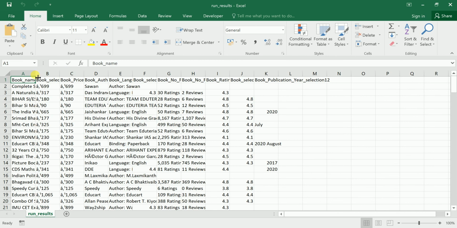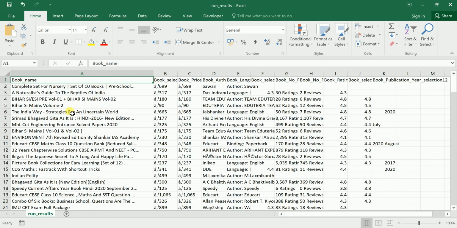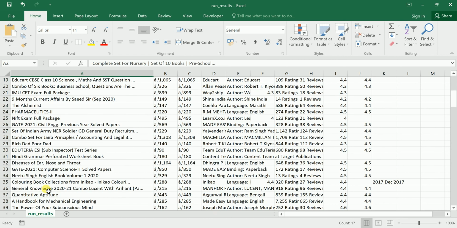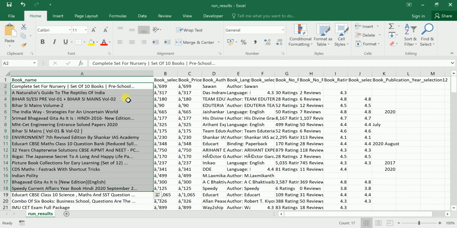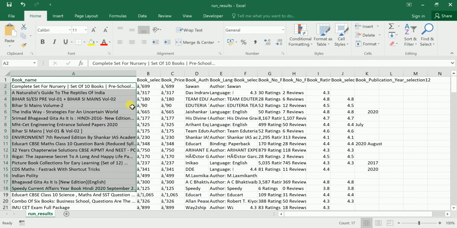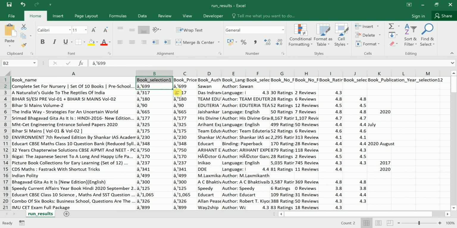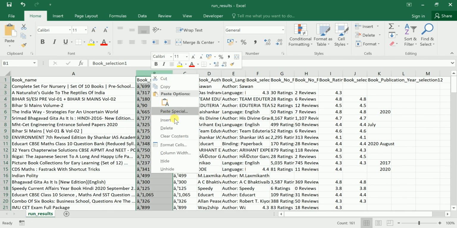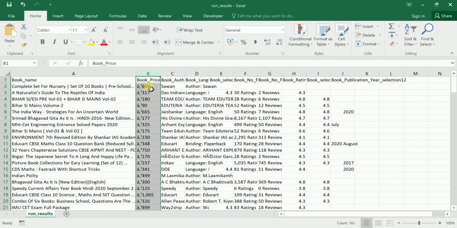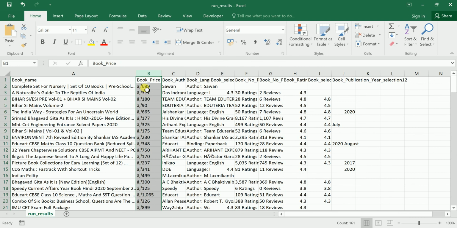Okay, now see, I will get the details something like this. Book name, these are the book names. You can clean however you want, or whatever you record you can keep that. Other things you can format. See here, you can see pricing. I don't record this. This is the duplicate. I can delete this directly. Here you can see this chunk is coming with the pricing.